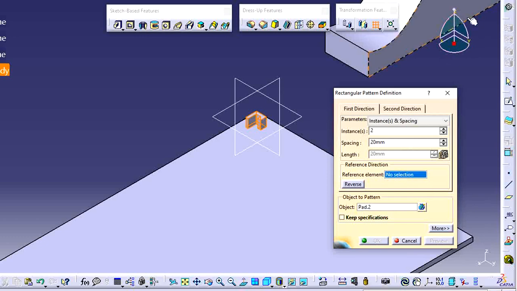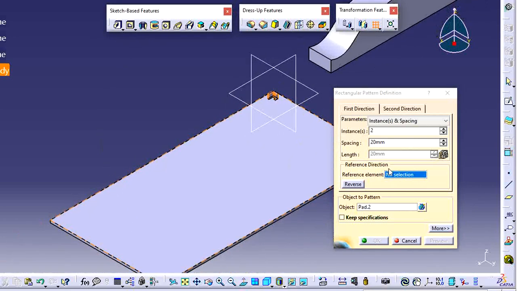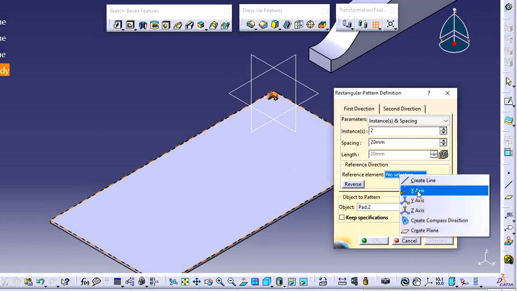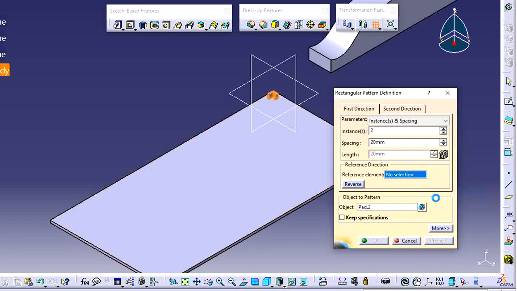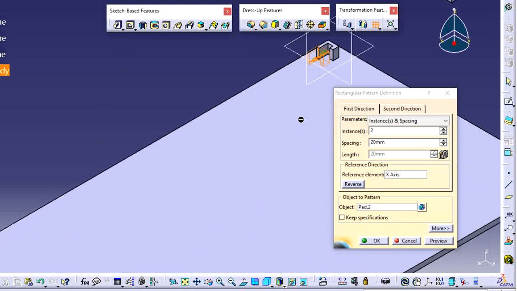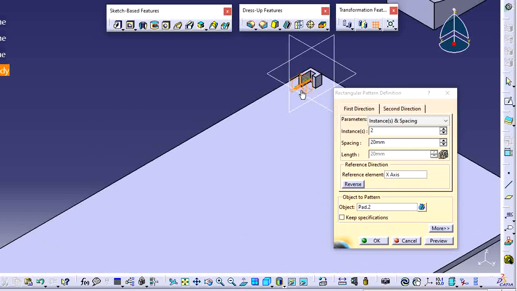See, here we have one view specification. When you observe, this side is the x direction, this side is the y direction. Okay, next if you want to specify a particular direction, just right click here and next select your required direction here. Now I am selecting the x direction. Okay, now one item is created like this.